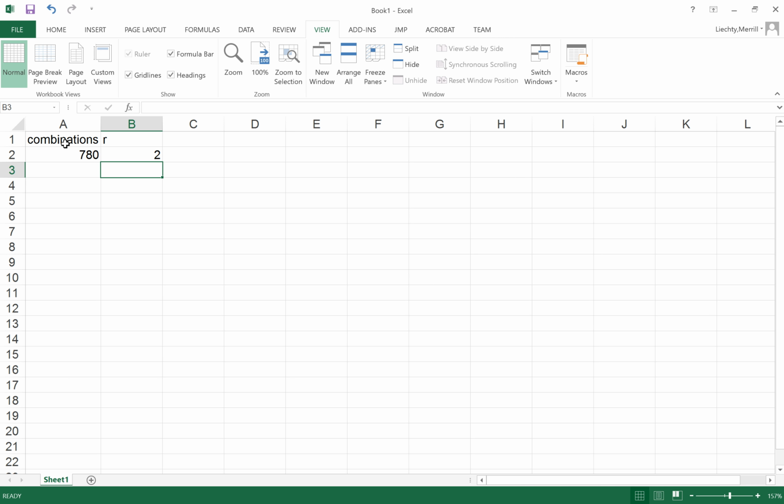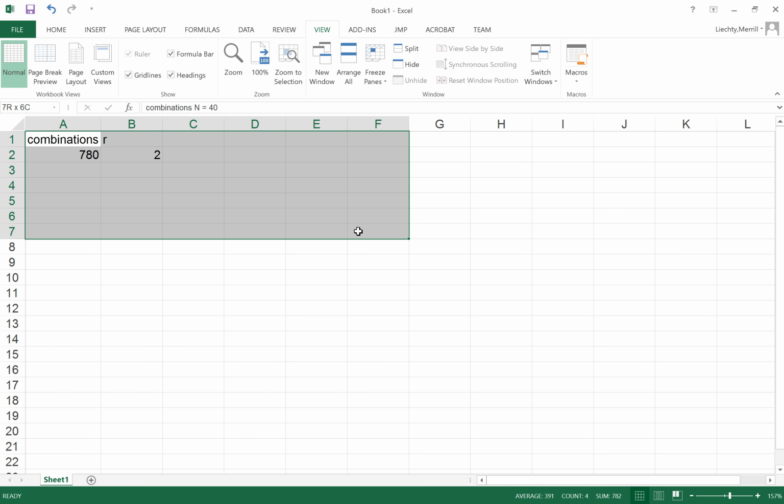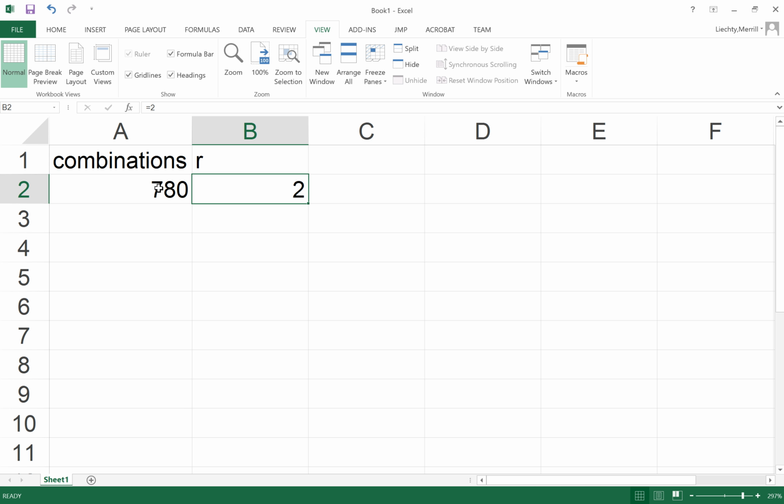So if I have 40 people and I want to select 2 of them, that's the same thing as saying how many pairs of people do I have out of 40. Well, it turns out there's a lot, 780 pairs. And we probably have close to 40 in the class today. So you can imagine I'm going to pair off everybody, right? How many ways can that be done? 780. That's a lot. Do I want to do that? No, it takes too long. I have a computer do it for me quickly. But what if I have,